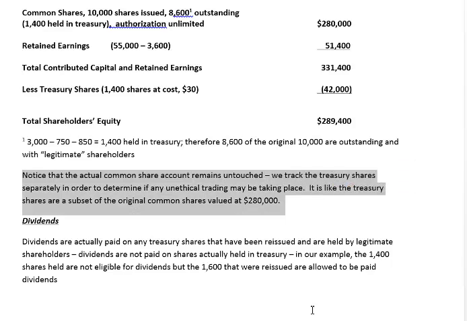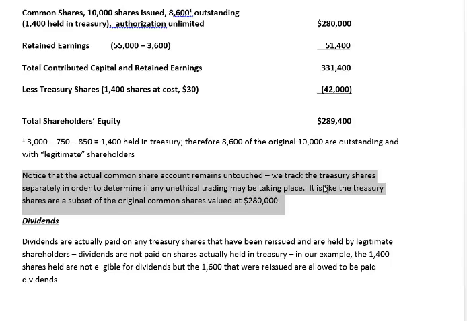We track the Treasury shares separately so that we can determine if any unethical trading can take place, because what happens is that a company could buy back their shares and then time the reissuance, which allows them to create a demand for their shares. So they could pull shares off the market, and if people want to buy them, if they're limited in the number of shares that are out there, then people might bid up the price for the shares, and then the company can reissue them at a time when they would get more money for them. That's called price fixing in your shares, and you can't do that. So therefore, we don't touch the common share account, and for that reason, to monitor the Treasury share activity, we keep it in a separate account.